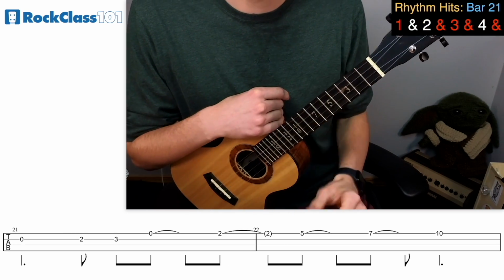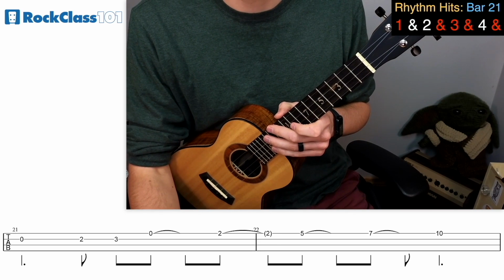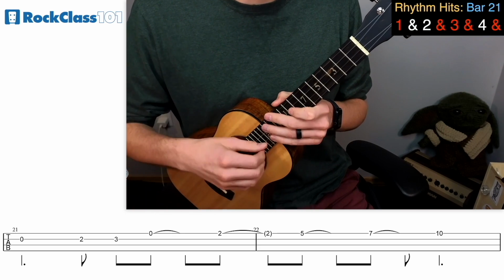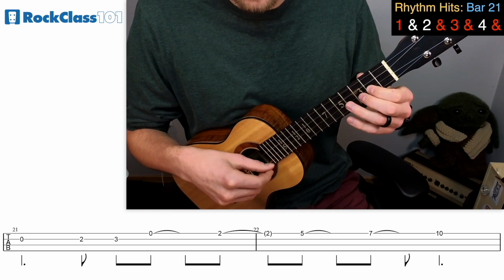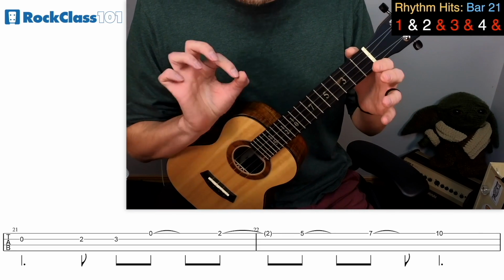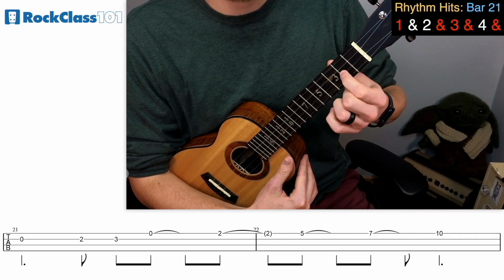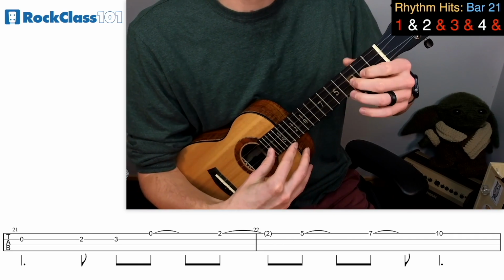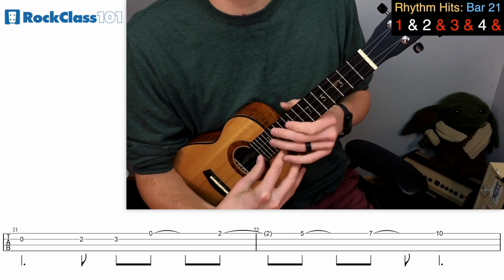Going from here, we go on to measure 21. And measure 21 is going to look very familiar because measure 21, well, it is. We're going to start by playing that open E string, and then 2 on the E, and then 3 on the E, and then open on the A. And with this particular phrase on 21, I like to move up to be index finger on 2 and middle finger here on 3. So it goes in time something like this. 2 and 3 and 4 and...